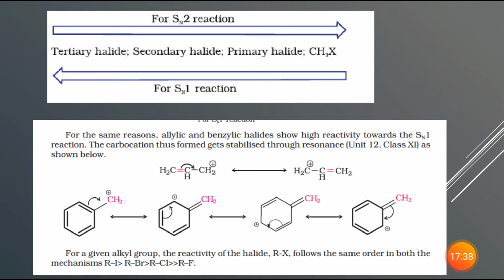Next, a small note you should know about allylic and benzylic halides. Allylic and benzylic halides show higher reactivity towards SN1 because there is the formation of carbocation. Allylic and benzylic contain double bonds, and wherever double bonds are there, you will have the resonance effect happening. So even if a carbocation is formed, there is no problem because the resonance effect will stabilize the carbocation. Normally this comes as a 1 mark question in your board exams: why do allylic and benzylic halides show high reactivity towards SN1 reaction? Mainly because they form a carbocation which is stabilized by resonance.